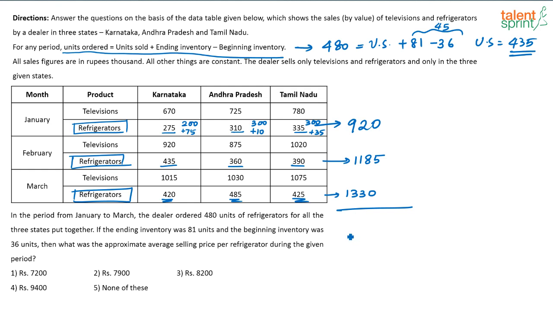How much will that be? That will be 3435, right? Followed by 3 zeros. It is given in terms of thousands. So what is the answer that you are looking for? The answer that you are looking for is 3435